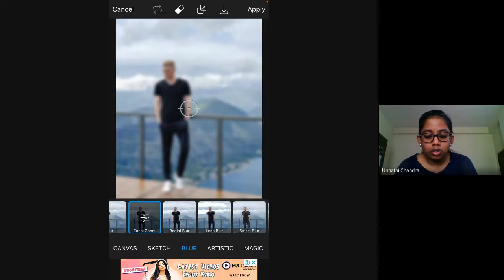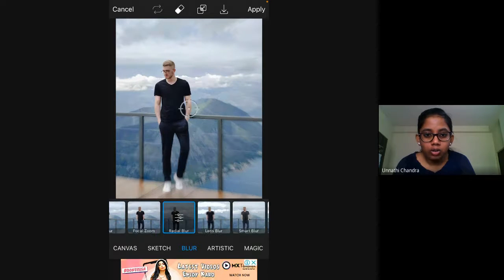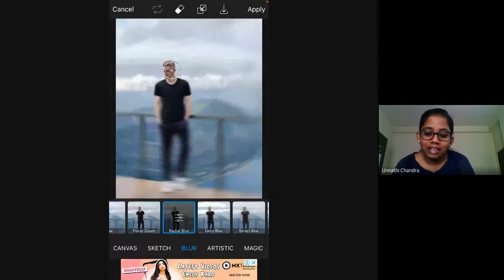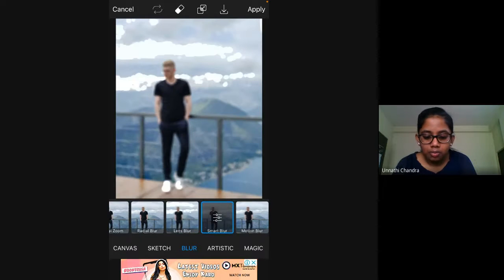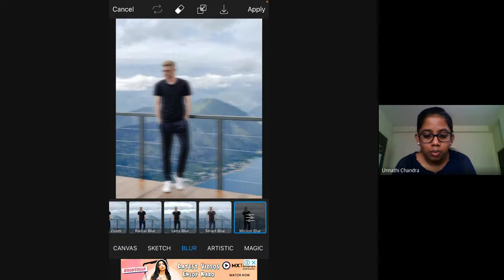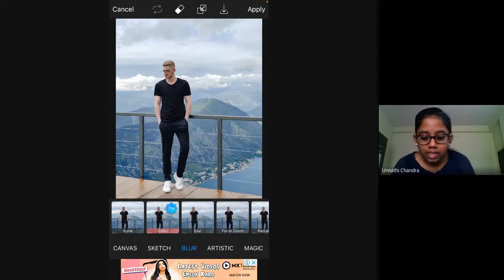You can see focal zoom. It gives you this really cool effect of whichever point you want to focus, that will be focused and the rest will be zoomed out a bit. You have radial blur. So here also, if I'm selecting the face, that will remain intact, the rest will be blurred, radial, like circular motion. And then you have lens blur, smart blur, motion blur. Yes, you can see those are the blur options.